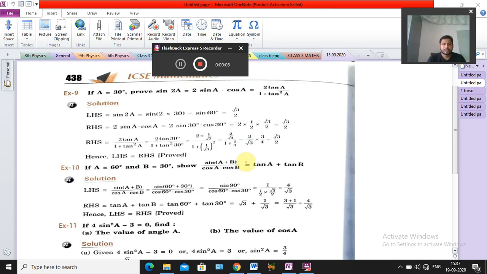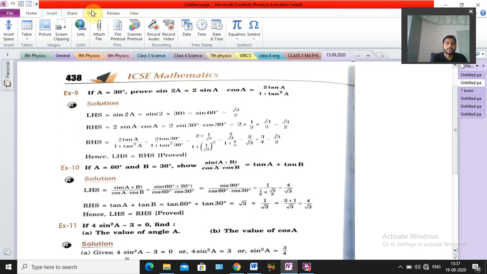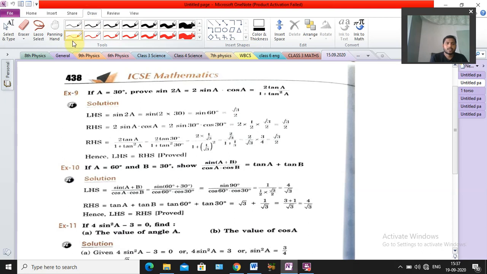So now I am going to discuss examples of trigonometrical ratios of standard angles. I hope you are practicing, and you should practice it because your exam is a few days away. So you have to practice it, and the other chapters also. Okay, now let's start everyone. Today we will start from exercise 9, example 9.